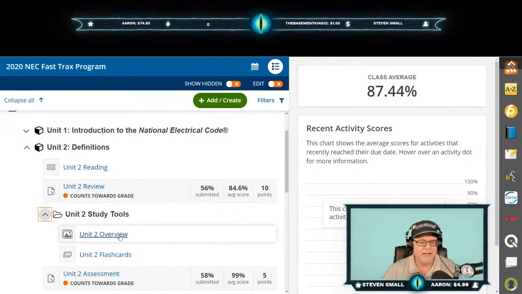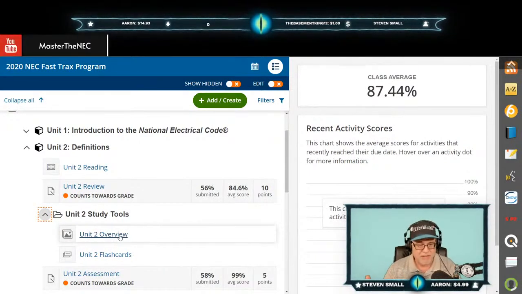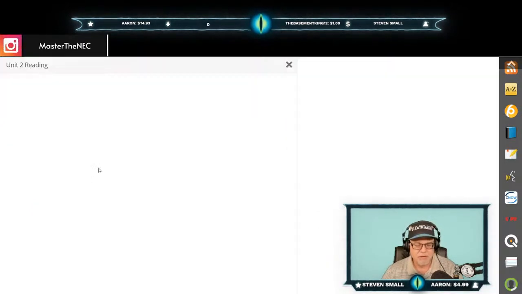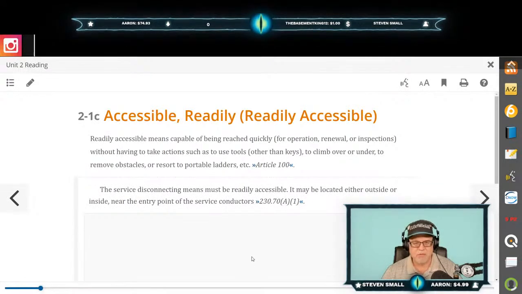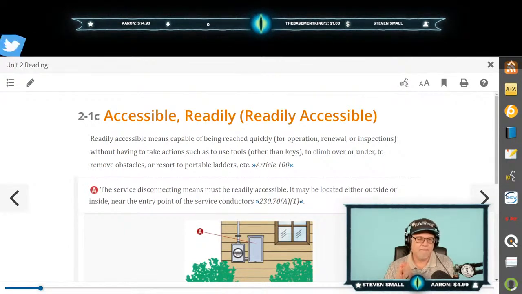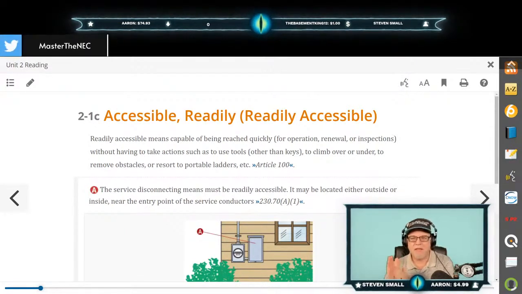And we may remove that because people think, well, am I supposed to watch that again or look at that again? Well, you could, and it wouldn't hurt you. But really, you're going to get everything out of your reading material. So let's go to the reading material again, because I want to show you some features. All right, so here's a trick. In this unit, okay, in this thing, it's